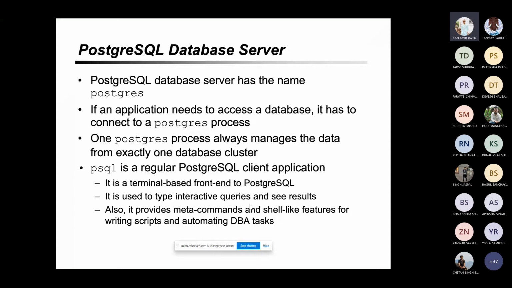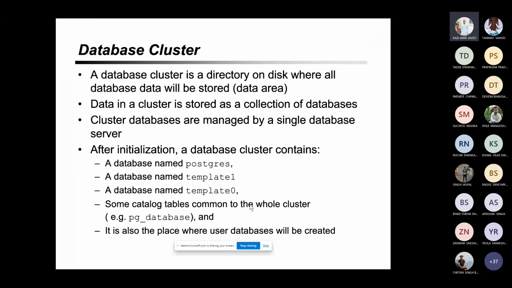Now you use psql, which is a client application. It is terminal based, and it permits you a set of commands to gain access to different services. Now this database cluster is a directory on the disk, that means your data directory, where all database data would be stored, in general referred to as the data area.